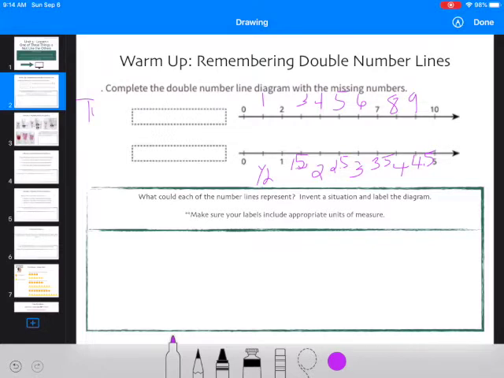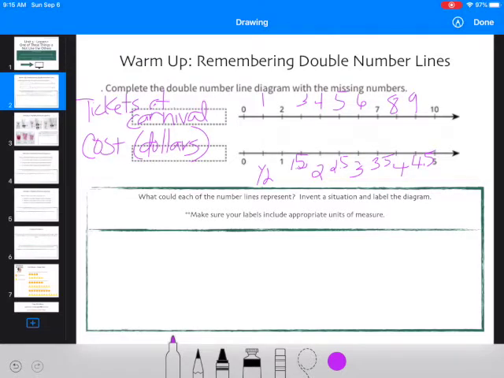So tickets at, we'll make it a carnival just for ease. And then the cost, and we're going to make this in dollars. Remember, they said that we had to use